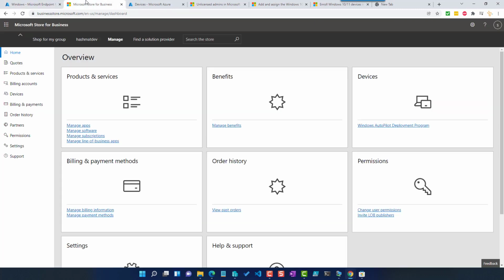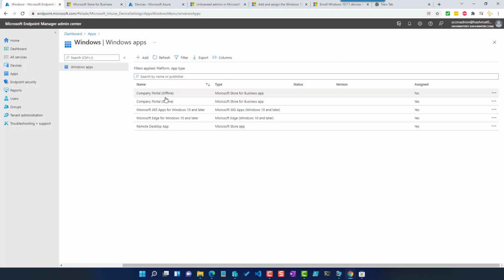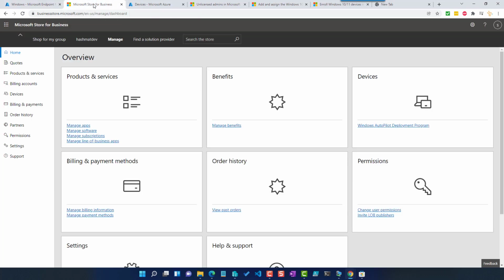I already have created one Microsoft Company Portal integrated with the Microsoft Store. But let me show you how we can integrate that one from the Intune side. First, we need to go to Microsoft Store for Business. Once you come, this is the URL,